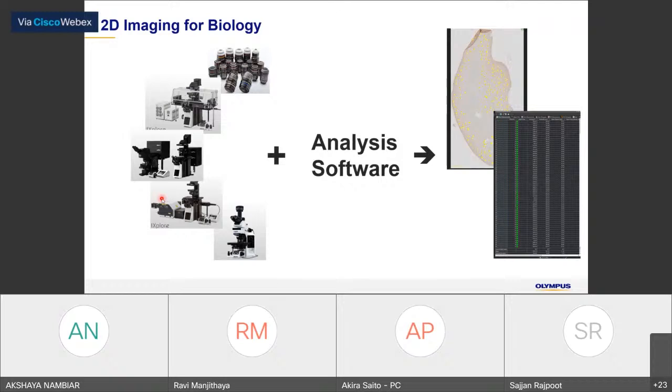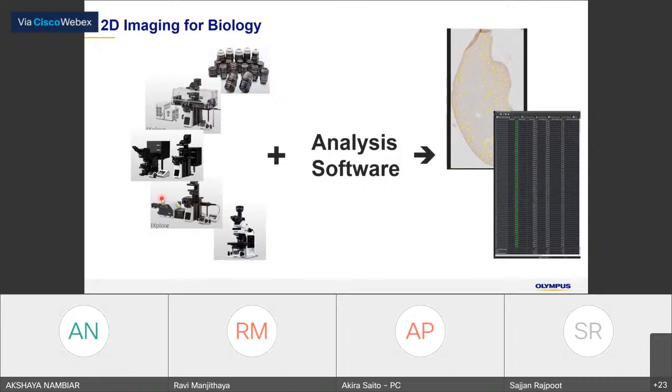And of course, I won't touch on the microscope today. I will only talk about image analysis today. But I think Dr. Ganesh from Olympus, India, has already given a talk this week about imaging technology, how to get the proper image from the samples.